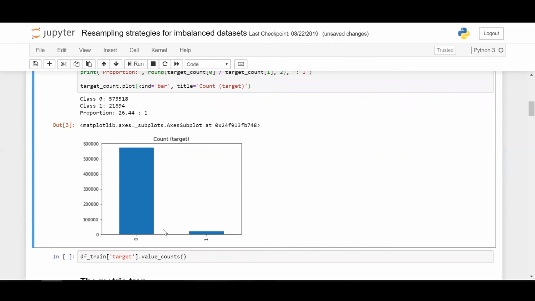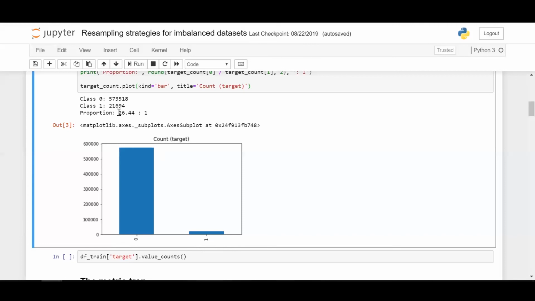This is a safe driver prediction data set, which is basically a data set used to predict whether a person will file an insurance claim for driving. The number of drivers who have not filed an insurance claim is very high, versus the number of drivers who claimed insurance, which is quite less in comparison.